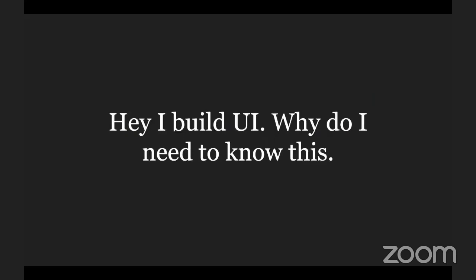So most of the times when I talk about Webpack internals and all, I get this common question from everyone, like, hey, listen, I build just UI and front end. I should be more focusing on optimizations of React or any other framework. Why should I know about this? Is there any need? I feel like, yeah, when we are working on Webpack, definitely it would be required, because knowing about all this would help you to debug your Webpack more, and you can plug into any instance and optimize it further. So I would suggest this is a great learning if you want to dive deeper into module bundling and packaging.